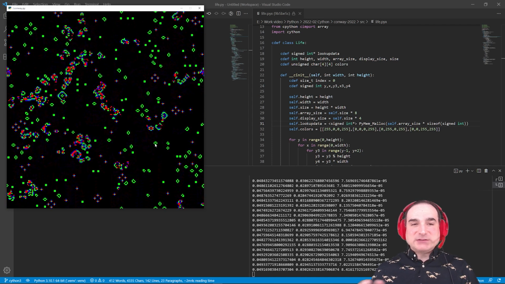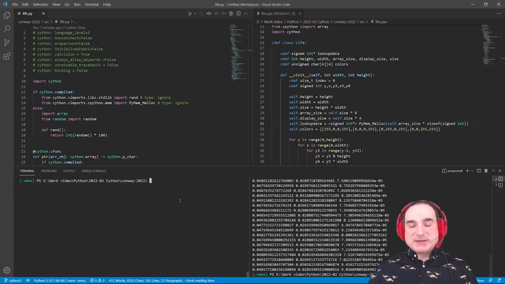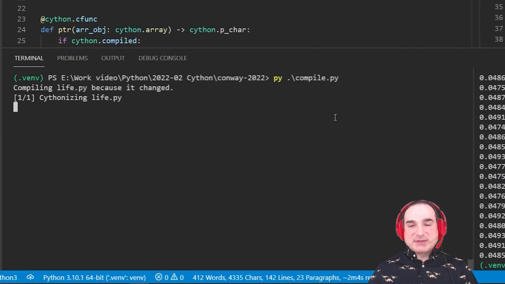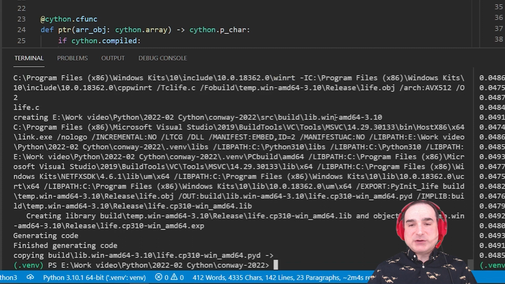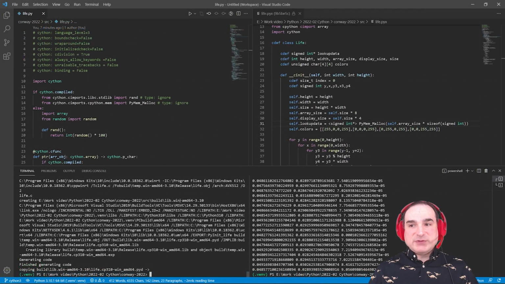So let's close out of that version of the program and compile it to C. The compilation process doesn't take very long because we actually don't have that much code here. Cython works best when you use it to optimize a few small hotspots in your code that eat up the most runtime. With this program, things like the window and the input handling system are all still done in pure Python because they're not a significant source of the program's speed bottlenecks. All of that stuff is in the actual computation.